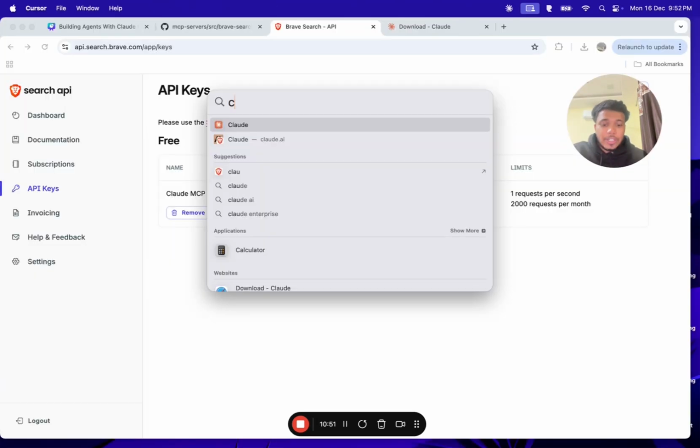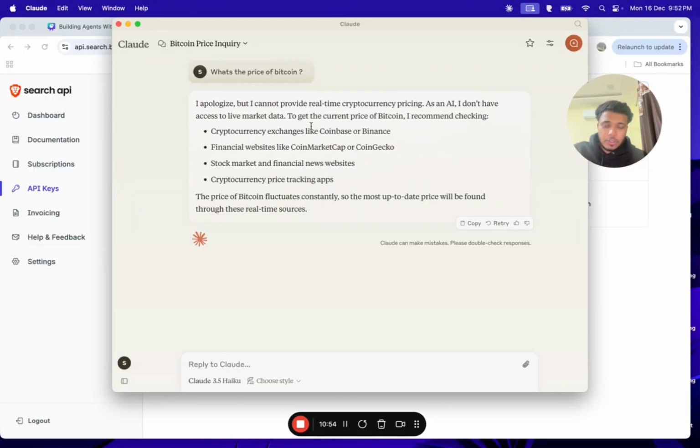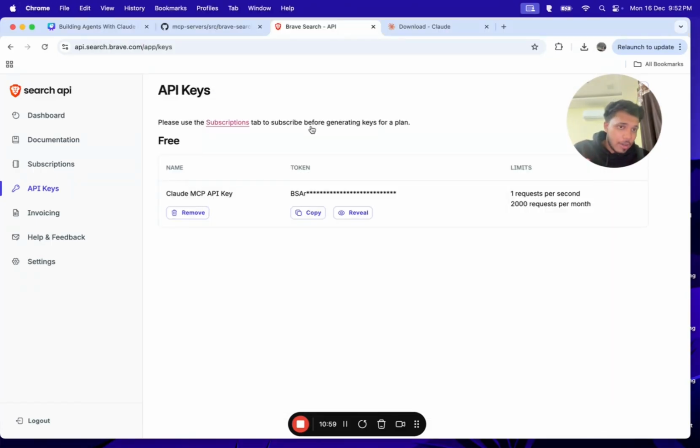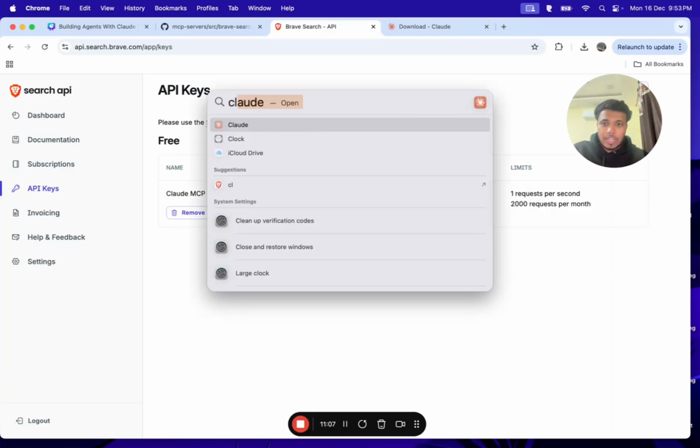Now close this. You need to restart your Claude. You just need to quit and restart the Claude desktop. A lot of people would think, hey, this is not working. Please do restart your Claude, because it won't work. The configurations need an updated restart. That's why. So I'll quickly go through Claude again.